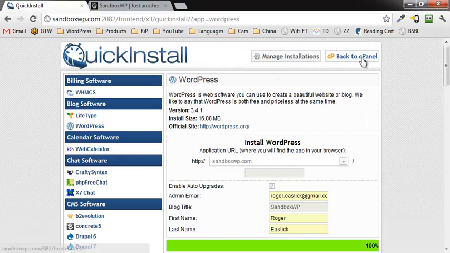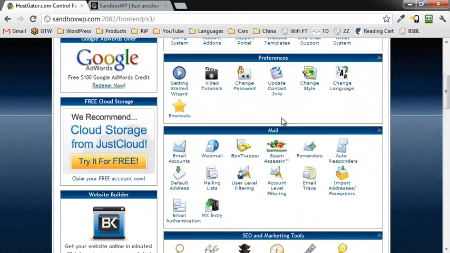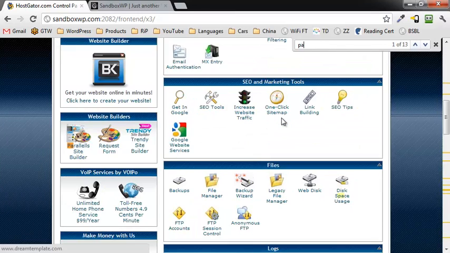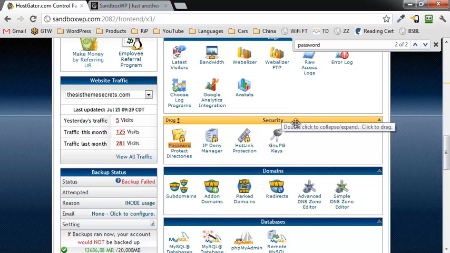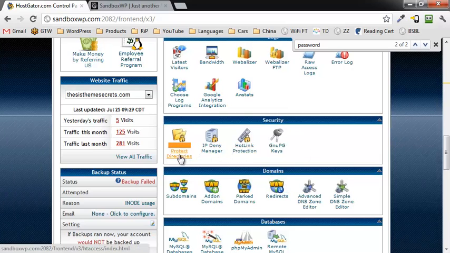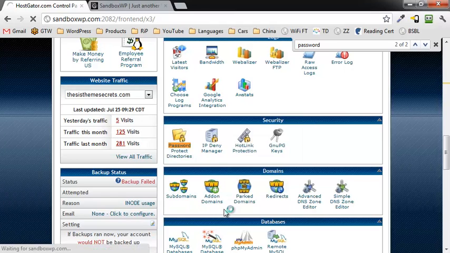So I'm going to go back to cPanel by clicking on back to cPanel, and I'm going to scroll down to, actually I'm going to do a Control F and type in PASSWORD and hit enter. The second one that I get to is going to be Password Protect Directories. I'm going to go ahead and click on Password Protect Directories, and that is going to take me to the root of my test site. I'm going to click on OK,